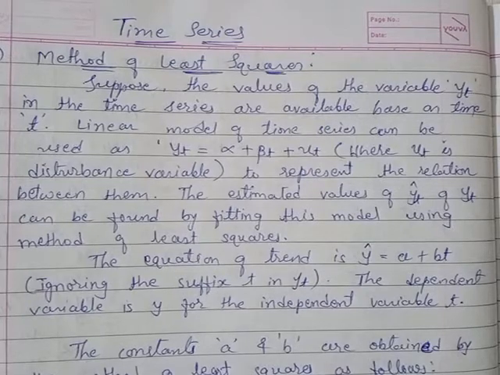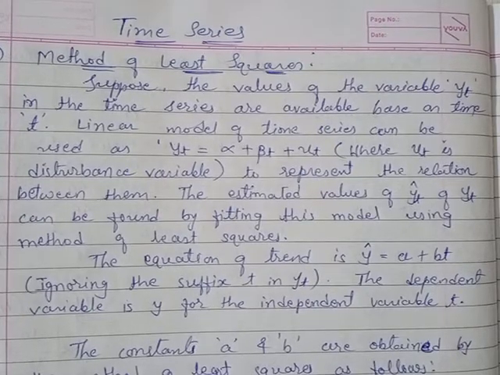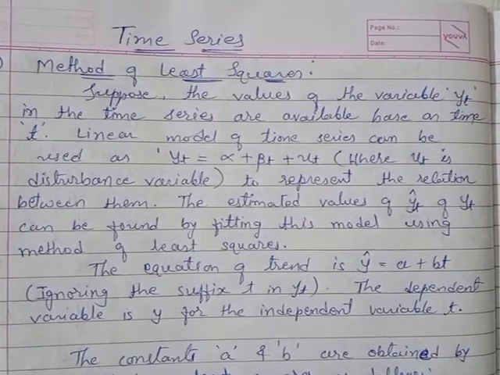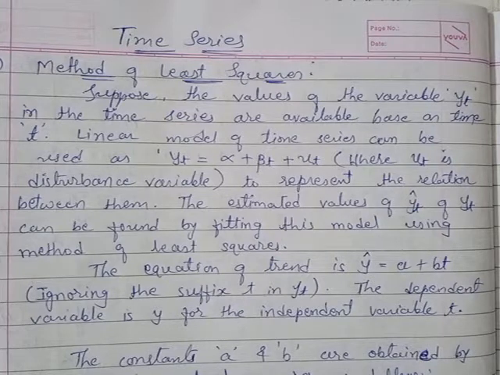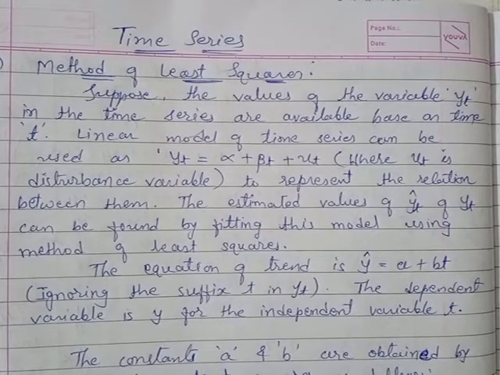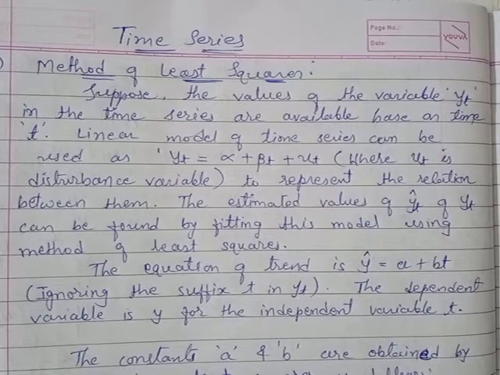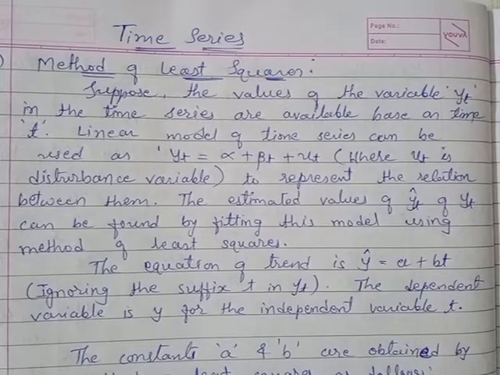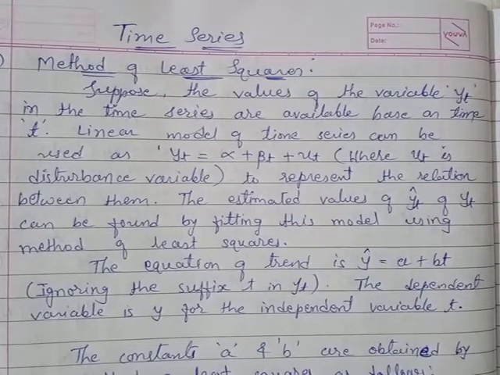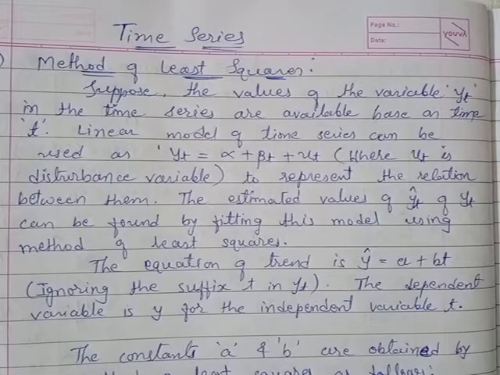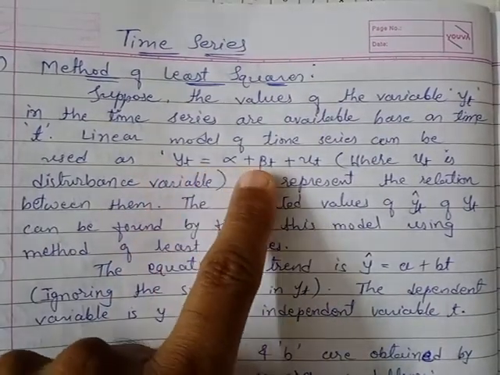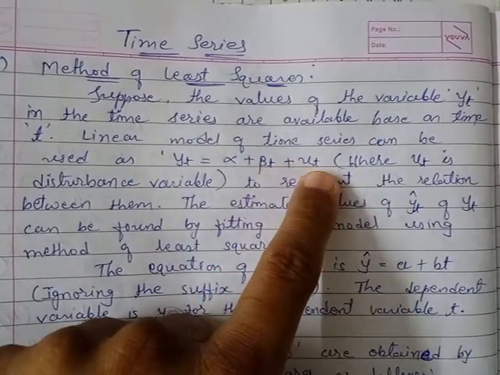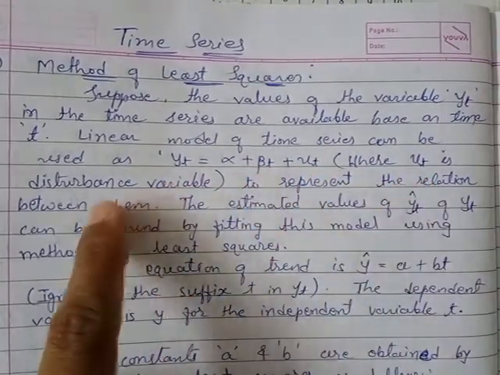So that linear equation we are going to learn first. What is this linear equation? Between the time variable yt, right, and the variable t based on time, these are the two variables available. Yt is the variable dependent on time t, right? So on the basis of this, the linear model we can write, just like in linear regression we have seen, is this one: yt is equal to alpha plus beta t plus ut, where ut means it is a disturbance variable.